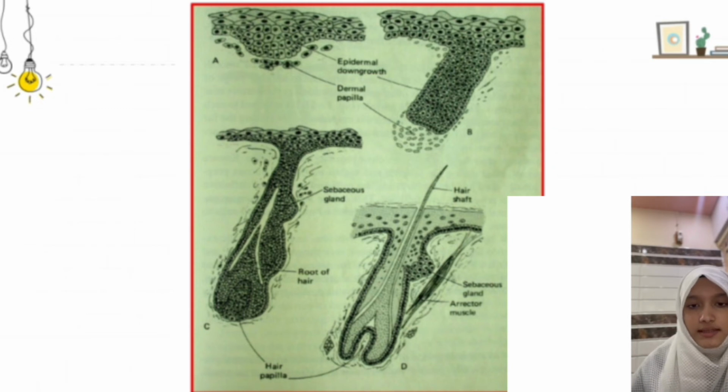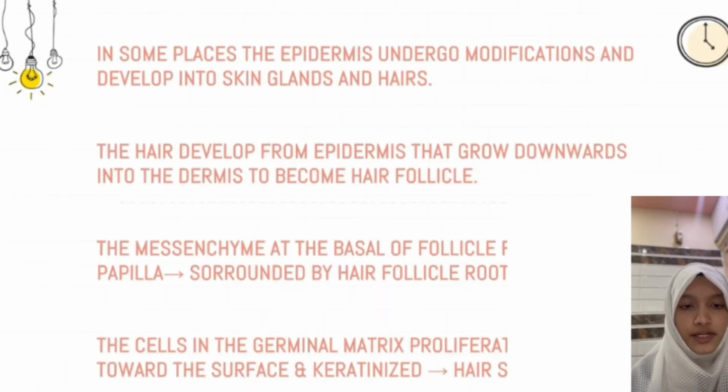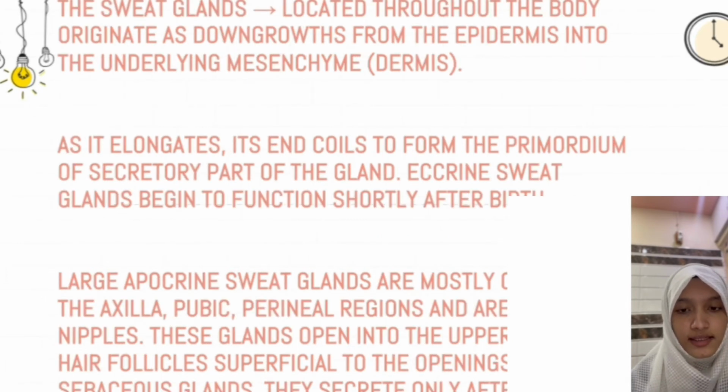In some places, the epidermis undergoes modification and develops into the skin glands and hair. The hair forms as the epidermis grows downwards into the dermis to become the hair follicle. The mesenchyme at the base of the follicle forms the hair papillae, surrounded by the hair follicle root sheath. The cells in the germinal matrix